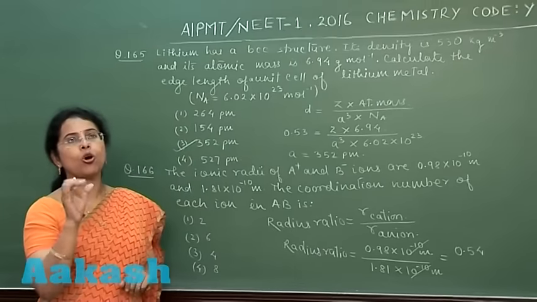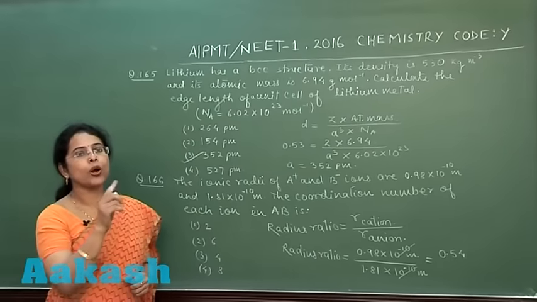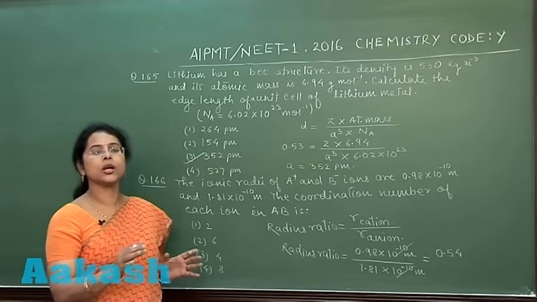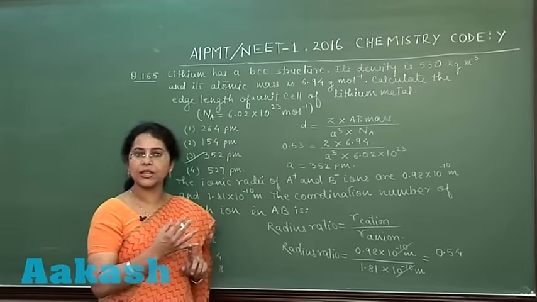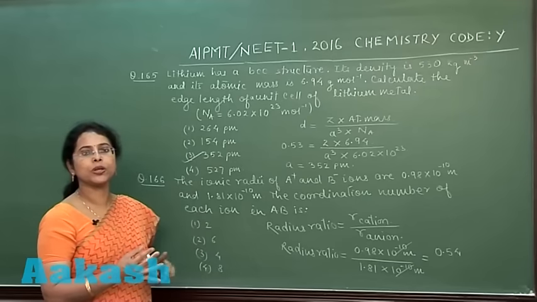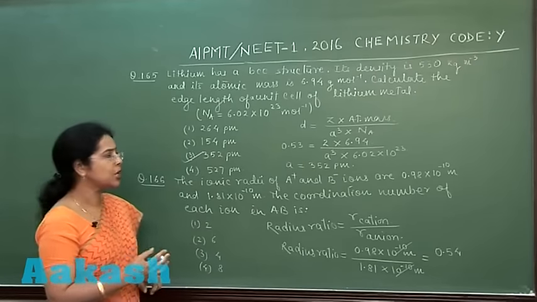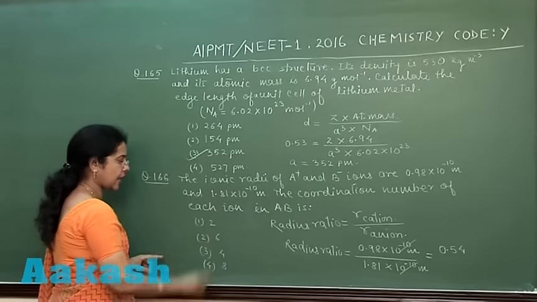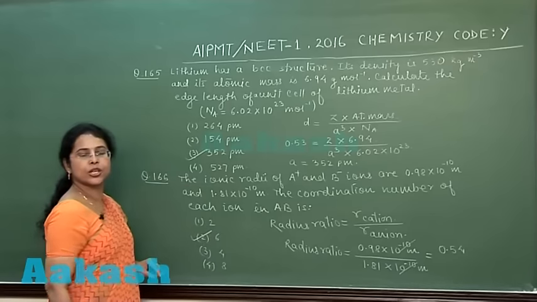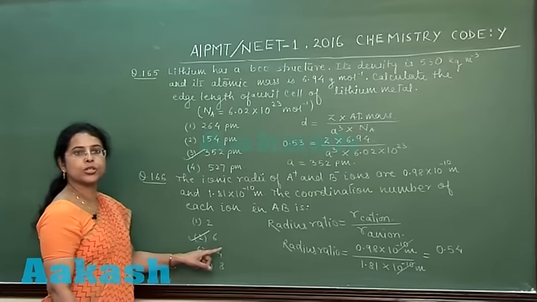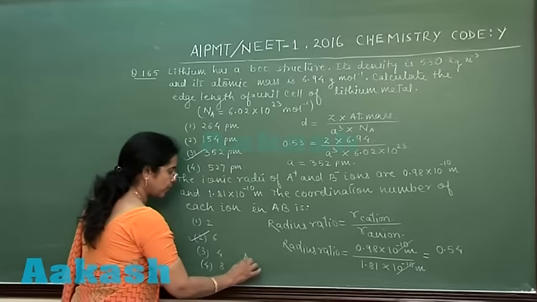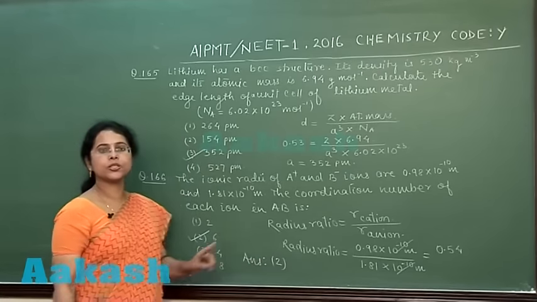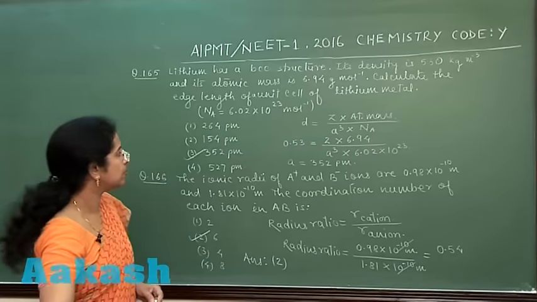If radius ratio of compound lies between 0.414 to 0.732, then coordination number of compound is taken as 6 and arrangement should be taken as octahedral. So in this given question, coordination number of both cation and anion will be taken as 6. So correct answer of the question is option 2. Second option is the correct answer of the question.